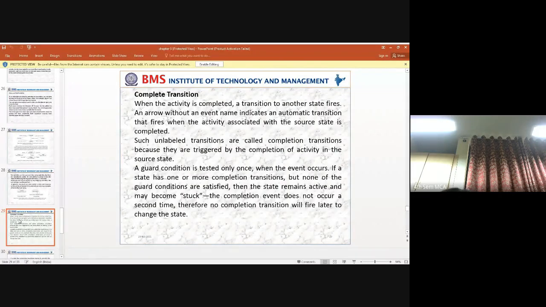While taking a print, when it reaches a print state, it has to pull the paper from the paper tray. When the system or device is not able to pull the paper from the printer, it has to inform the next state that there is no paper. So no paper is a state. What activity has to be taken care of? If there is no paper, again you need to find an activity and you need to replace it. And once you replace that, that state has to be executed.